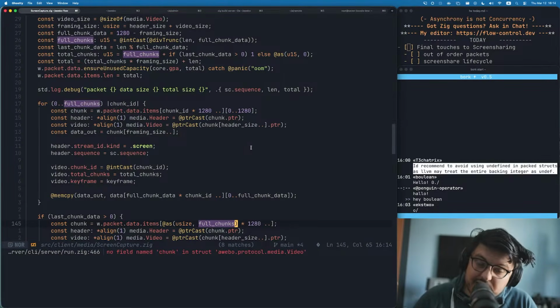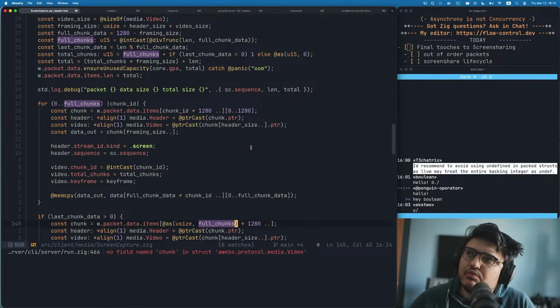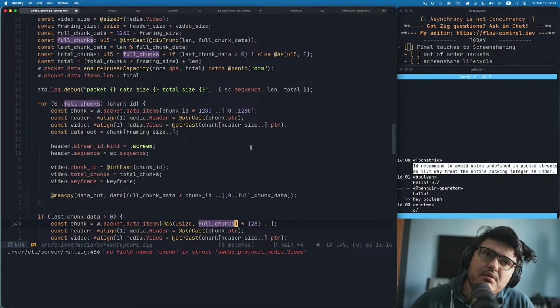Essentially, the problem that we have on the writer side is that we need to know whenever the reader side